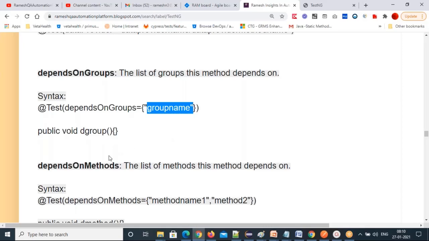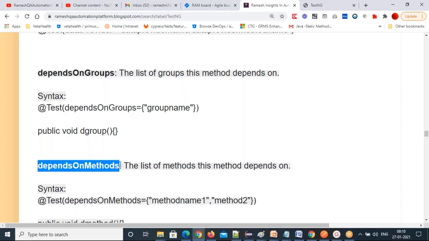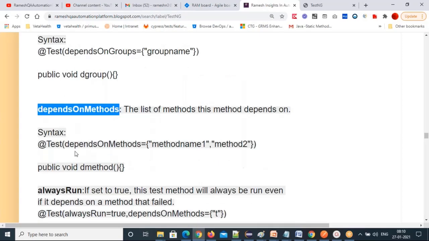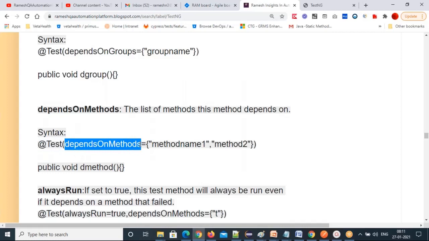There is one more keyword, dependsOnMethods. The list of methods this method depends on. So @test(dependsOnMethods = {"methodName1", "methodName2"}). This D method depends on method name 1 and method name 2, or only one method also you can write, not necessary to write two methods.